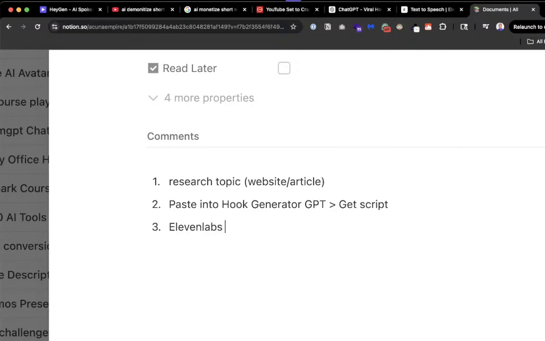ElevenLabs to generate text to voice, and then HeyGen to upload voice and create avatar, and then